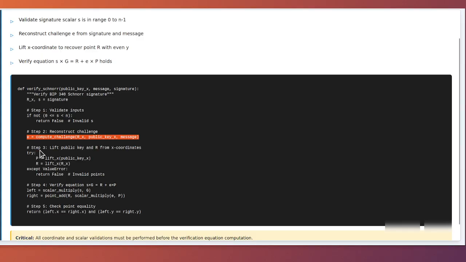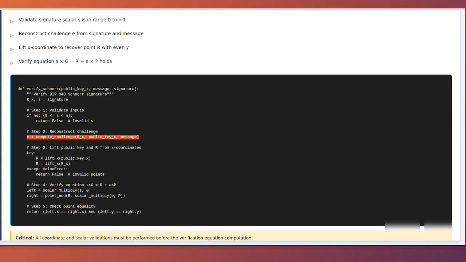Next, we reconstruct the challenge E using the same tagged hash computation that was used during signing. We hash the X coordinate of R, which is given in the signature, the X coordinate of the public key, and the message, using the BIP340 challenge tag. This gives us the challenge value E modulo n. This challenge must match exactly what was computed during signing for the verification equation to hold. Any difference in the challenge computation, such as using a different hash function, tag, or input ordering, would cause valid